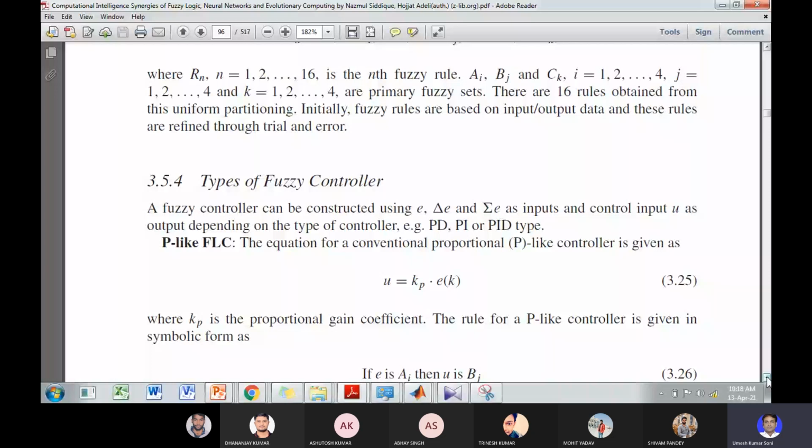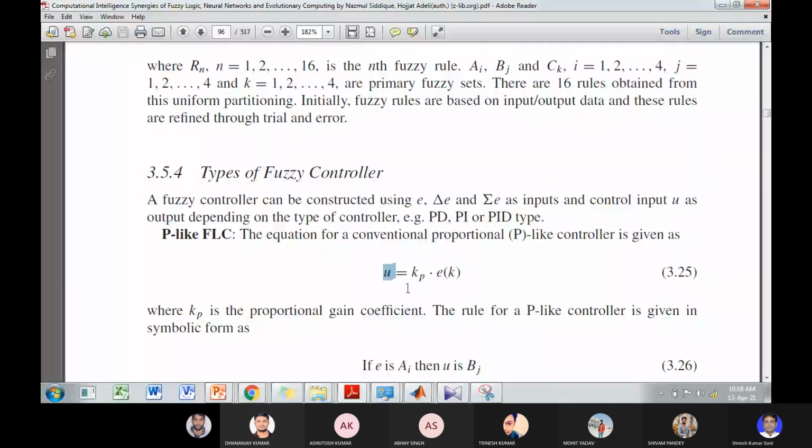So here you have the control and actuating output u equal to, suppose you have the error of the reference voltage and actual voltage, then the duty cycle, suppose the duty cycle is the output which superimposes with the triangular membership function, depending on some constant kp and the error of the reference and actual output.